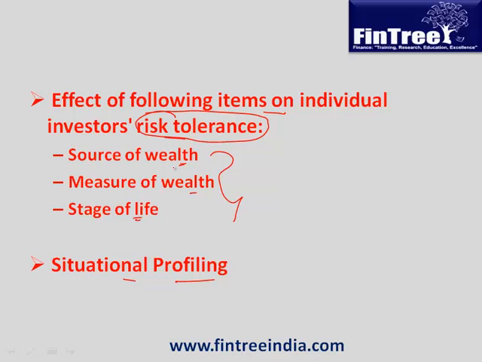So if a client has higher level of wealth, his ability to take risk would be higher. We discussed the second point, that he has higher level of wealth, risk tolerance is higher. Source of wealth. What could be possible sources of wealth? Inheritance, yes, inheritance could be one. Investments, yes. So inheritance is one source, investments is second source. What else? Jobs, that means employment,